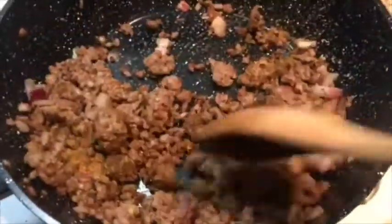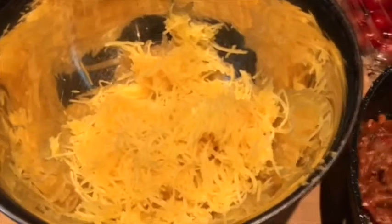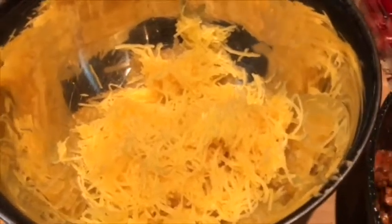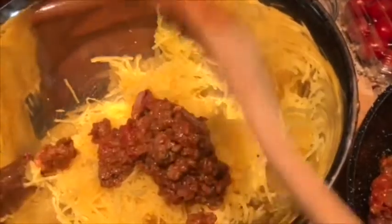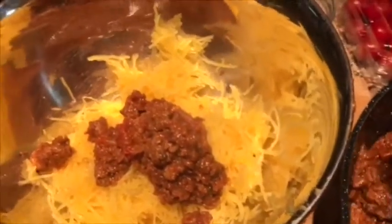And then go ahead and put in your favorite organic tomato sauce here, or pasta sauce. And then you're going to go ahead and prepare your spaghetti squash by scraping that out of the squash into a bowl, and go ahead and add your saute, and then follow that up with your organic plum tomatoes or